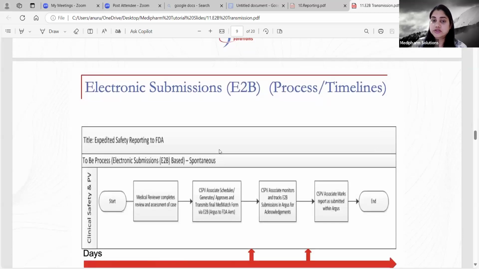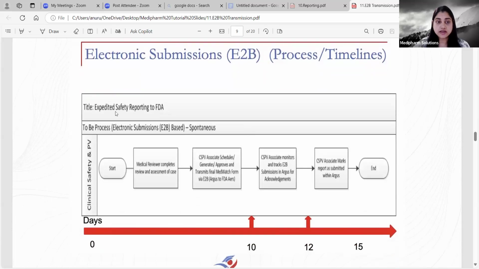Now, electronic submissions or E2B process or the whole timeline, as I have explained, is actually something like this. Now, expedited safety reporting to FDA. FDA is taken for an example. It is submitted to EMA in European Union. It is submitted to PMDA for Japan, or it is submitted to GmbH for Germany, or no, DEB for Germany, or GmbH for Spain. So every country has different regulatory bodies, and we submit our case reports to what